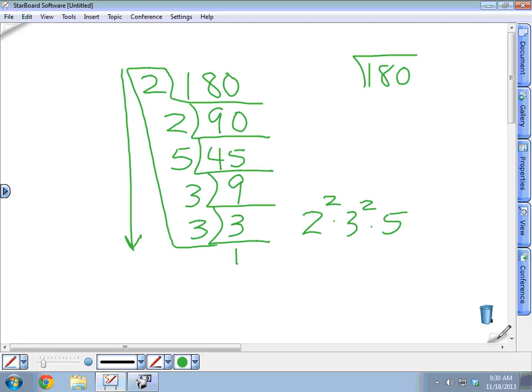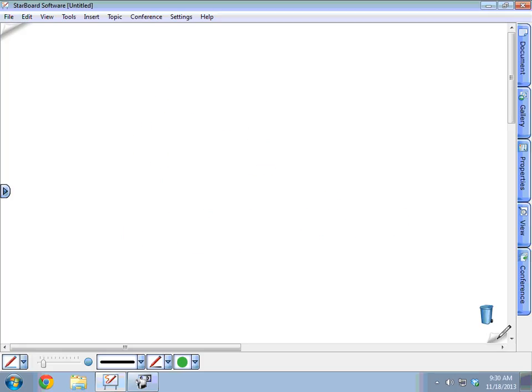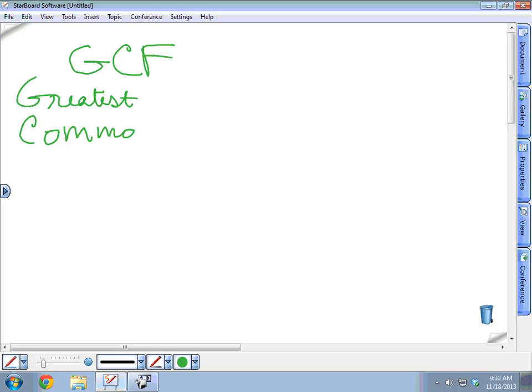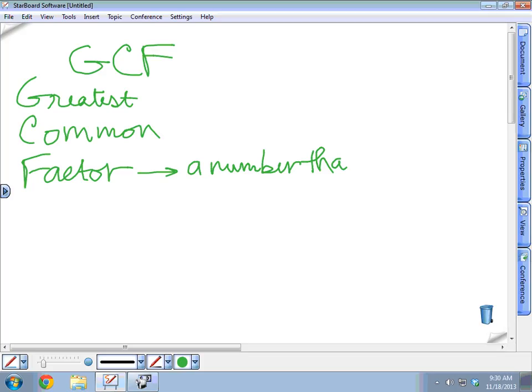Now, the next section is finding the greatest common factor, the GCF. I know this is kind of a review, but GCF, greatest common factor. Okay. You already know what factor means. It's a number that goes into the number, right? It is a factor. A number that goes into